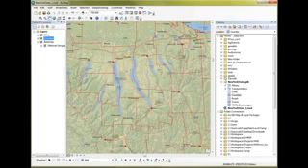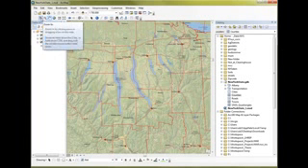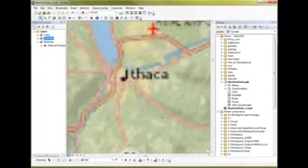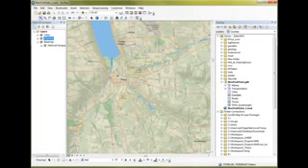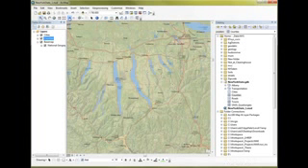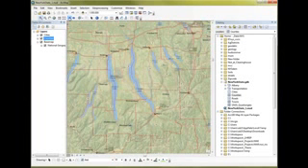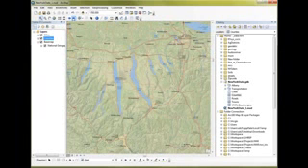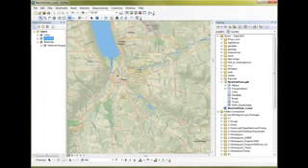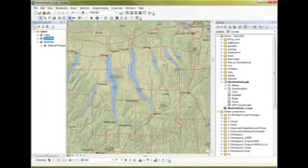Over here to the right of the pan tool are a couple others for fixed zoom in and fixed zoom out. That just incrementally steps you up and down about 10%. And then there's this tool here, which if I do something nice like that, we'll go into Ithaca. And if I'm zoomed in and I want to step back, I can hit the blue arrow and it'll go back to the previous extent. And it'll keep going back. And I can go back and forth between different extents that way by using the blue arrows. And then finally,